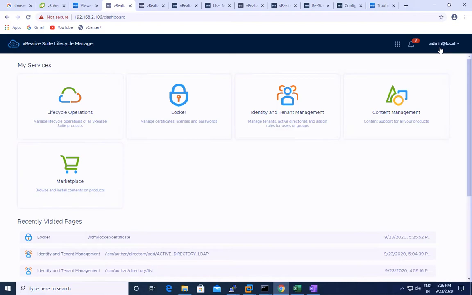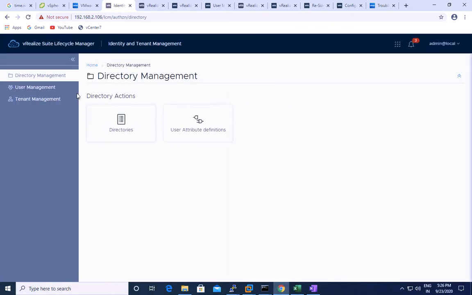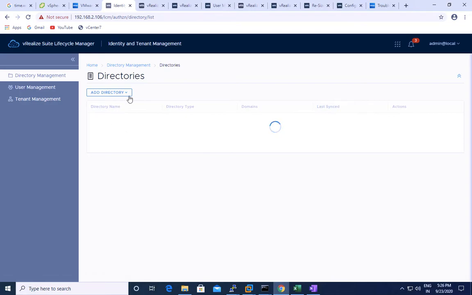I have used the admin@local account to log in, and then we have multiple options in the dashboard. All right, so we will have to click on Identity and Tenant Management, and then under Directories we have